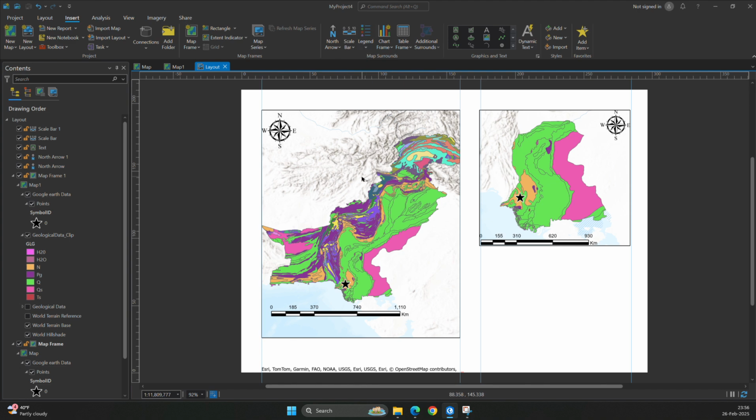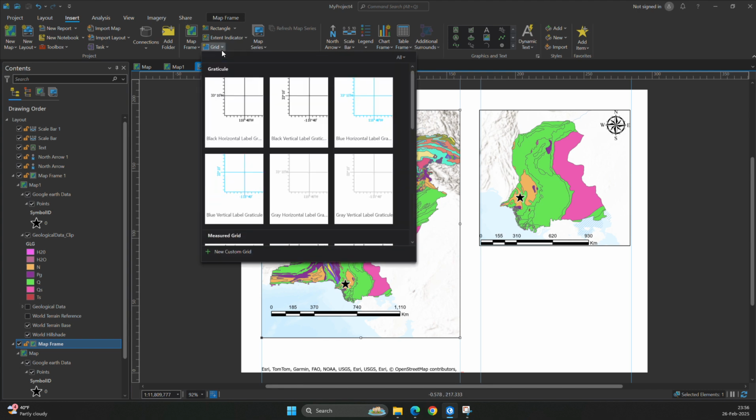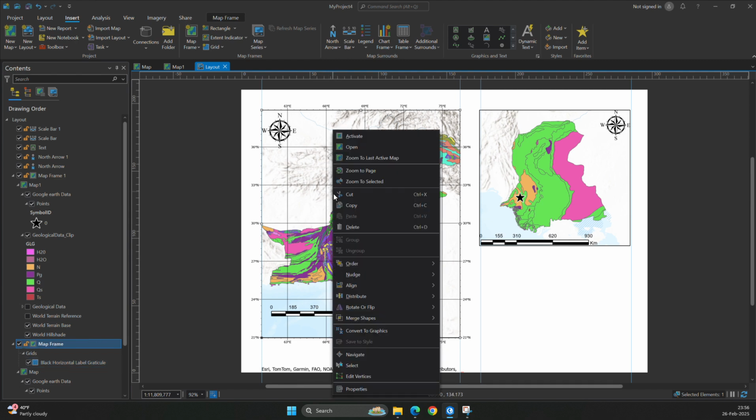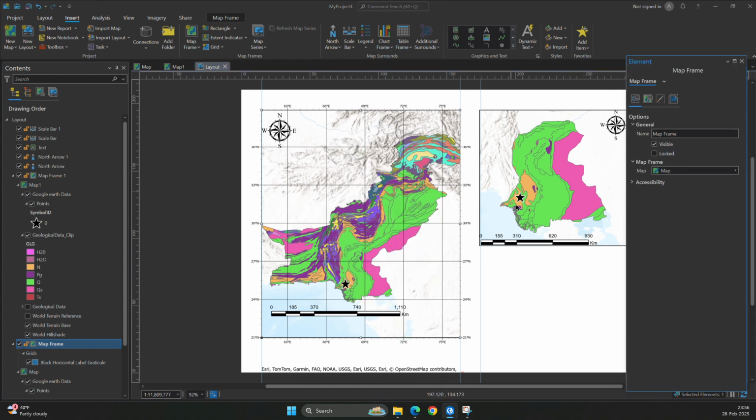And now the last is the grid. So you want to click it and you want to this one. Okay, you want to remove this line, so go to your properties, go to the map frame. Okay,